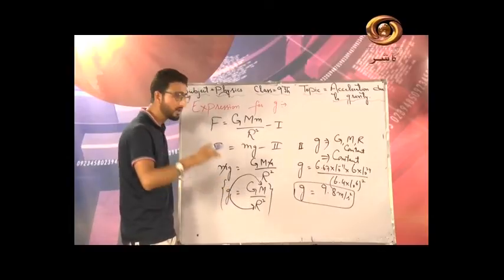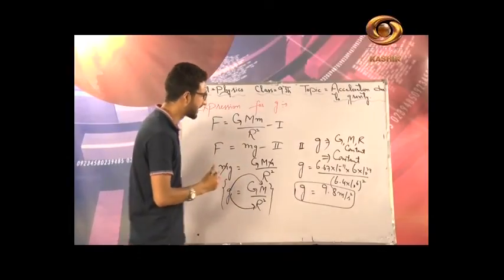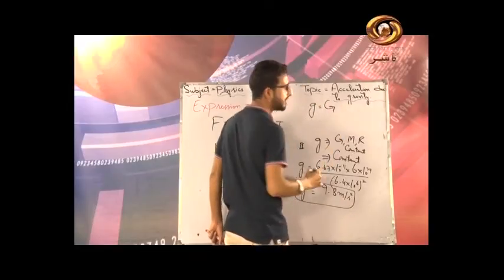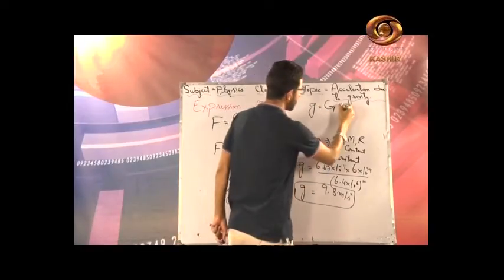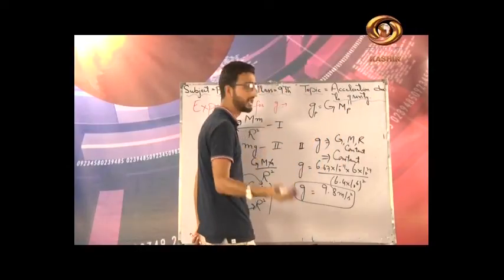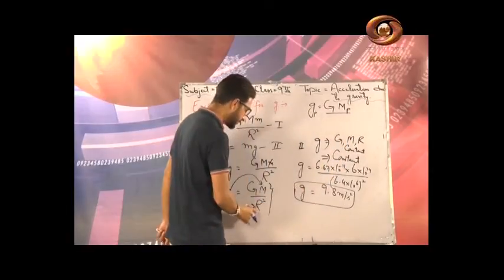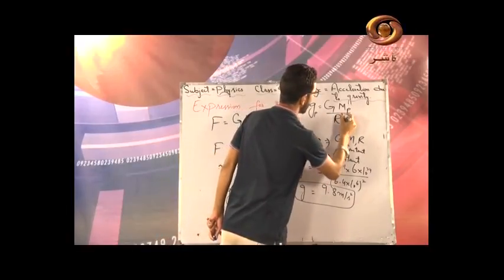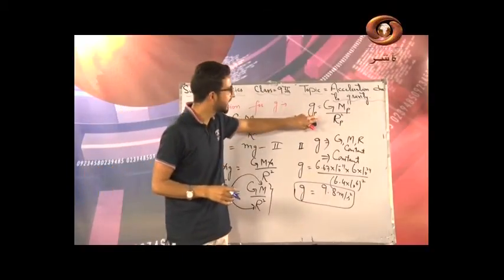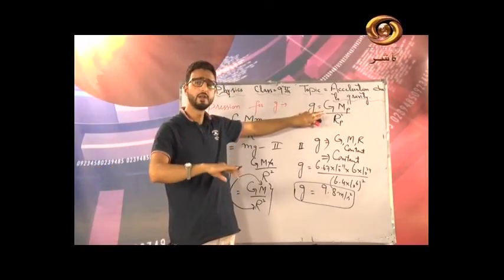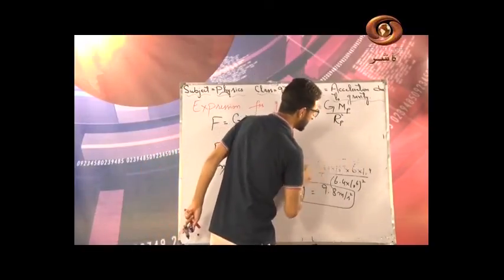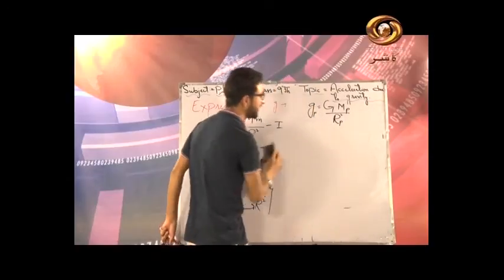So I will write one more expression for small g like this. ये जो small g है, I will write it G because it is universal constant. M के बदले लिखूंगा mass of planet, here I will write g on any planet, और नीचे denominator में लिखूंगा radius square, I will write radius of planet square. So simply I can write ये जो acceleration due to gravity है, it is different on different planets because of this very expression. So it depends upon the mass of planet and the radius of the planet.